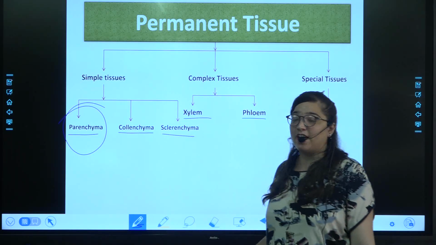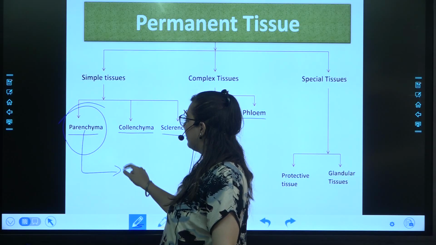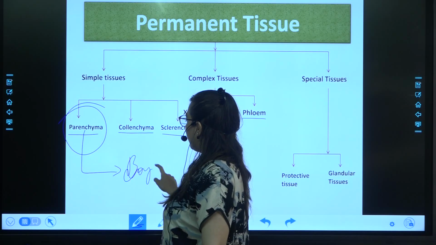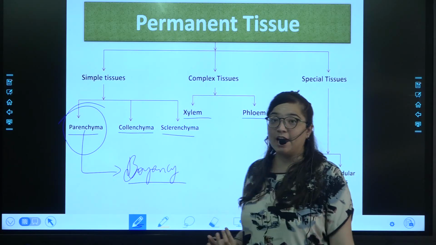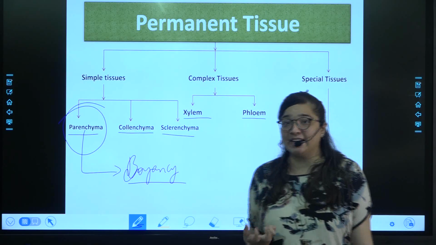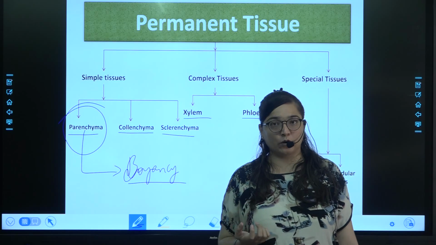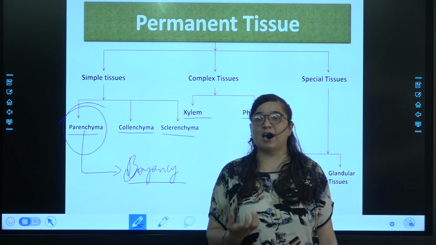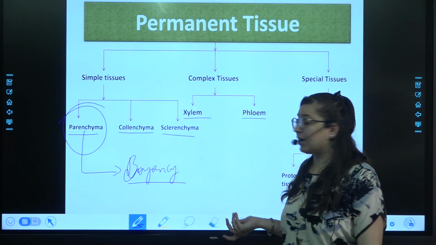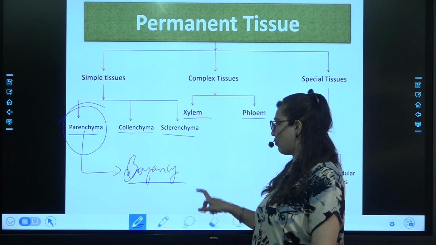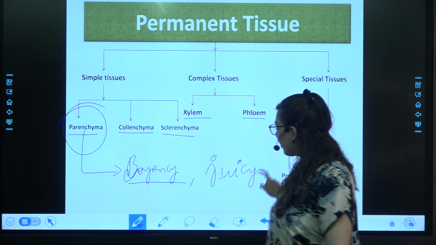This is the basic bifurcation, and as we discussed in the last lecture regarding the parenchyma, the lotus is able to float because of buoyancy. That is because of parenchyma. A part of parenchyma, that is aerenchyma, has air, and because of that it is able to float. It happens because there is space between the cells. One more important thing we discussed about the parenchyma is that it is also responsible for the juice in all the juicy fruits.